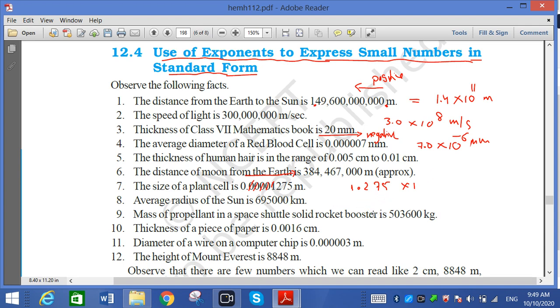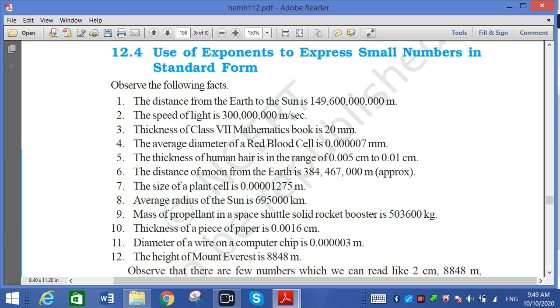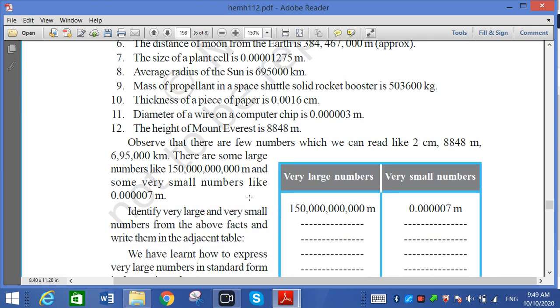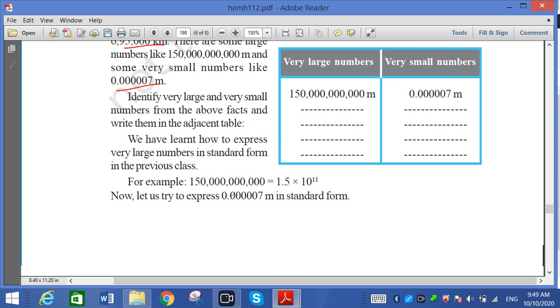So that way we have to now understand, and that is your next topic. So we go for this. You will see that there are a few numbers. How can we describe this in standard form? So here, whatever I explained to you, 1, 2, 3, 1, 2, 3, 4, 5, 6, 7, 8, 9, 10 and 11. So after 11, 1.5 into 10 to the power 11. But the point is at the last and we go to the left. If you go left, positive. Now here, 1, 2, 3, 4, 5 and 6.